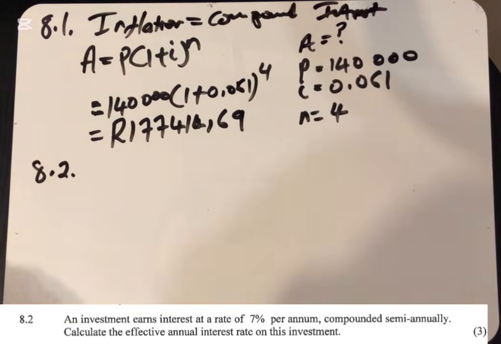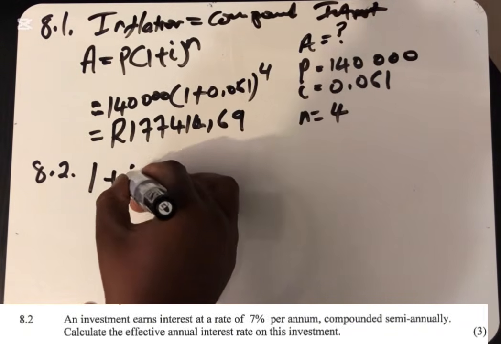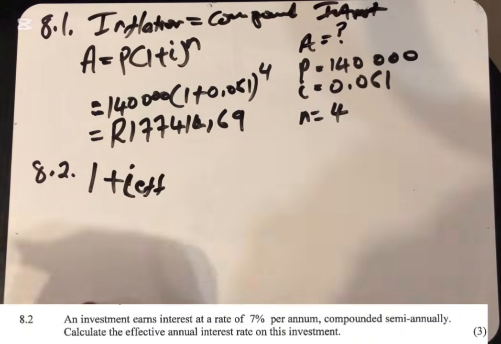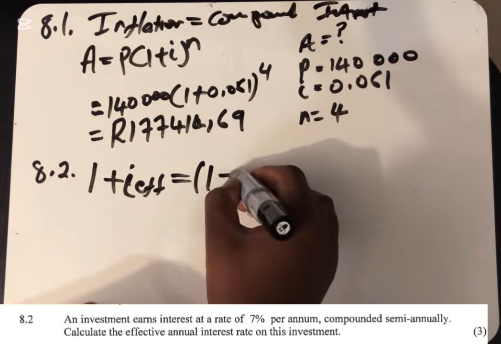8.2 says that an investment earns interest at a rate of 7% per annum, compounded semi-annually. Calculate the effective annual interest rate of this investment. Every time when they say calculate the effective or nominal, we use this equation: 1 plus i_eff. This formula is not provided to you. You have to know it by heart, which is equal to 1 plus